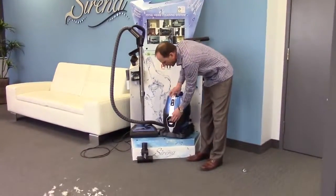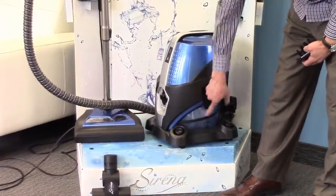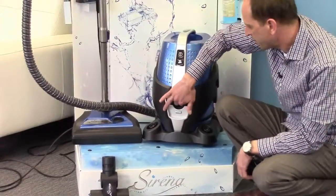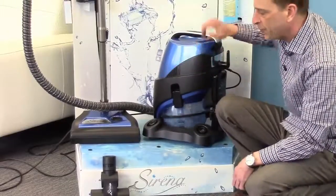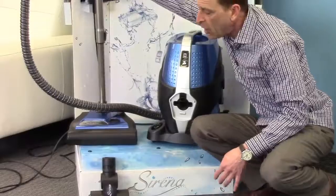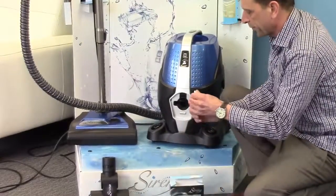Here's the Sirena. We're going to turn it on. You can see the water swirling on the side. Air is drawn in through our intake, forced down into the water, and exhausted clean and fresh back into our environment. Now, if we want to make this Sirena an aromatizer, we can use any one of our natural fragrances,